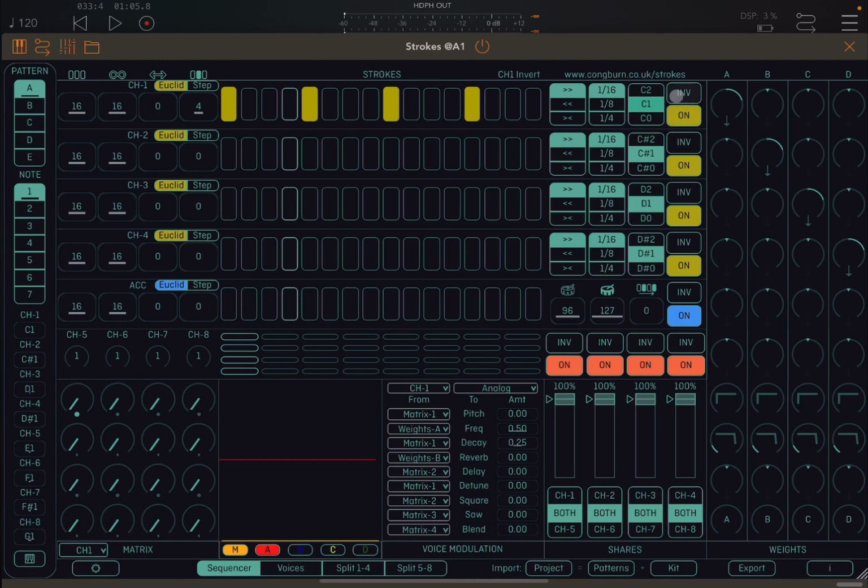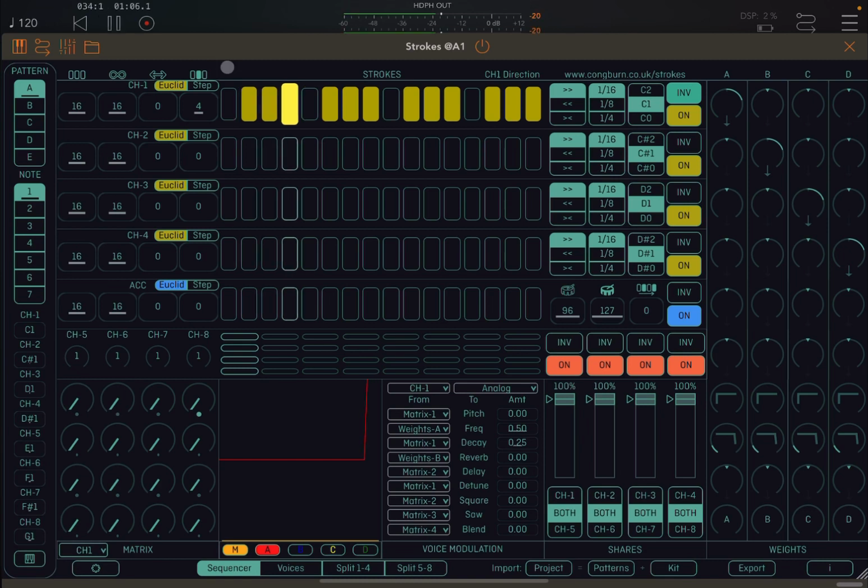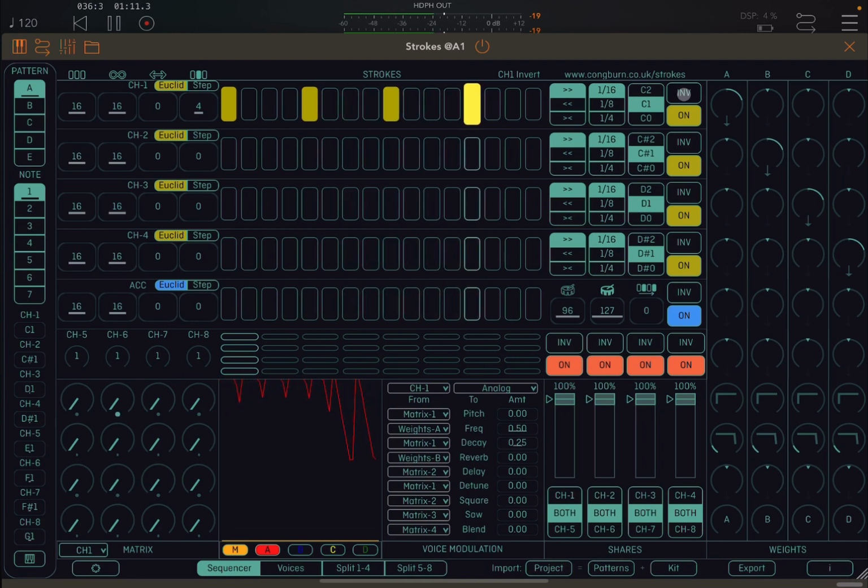you have inversion at the top. So where you have a step active, it will deactivate that, and where you have steps which are not active, it will activate those, which can be really useful if you want to, for example, like in this case, listen to that particular channel and that particular pattern if you wanted, for example, to have more steps active, like so. Okay, perfect. So this is how you use the sequencer channel, the first one, and in a similar way, you